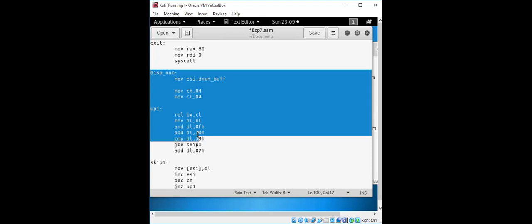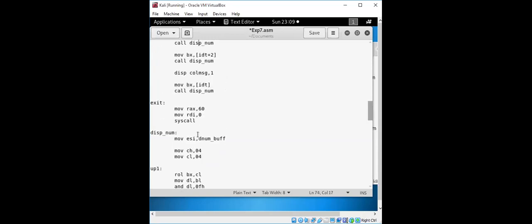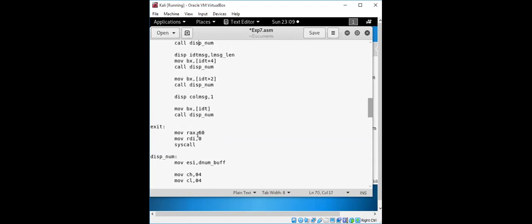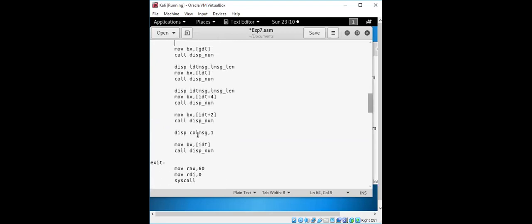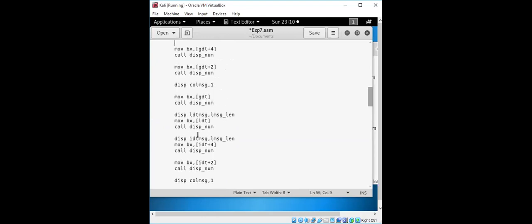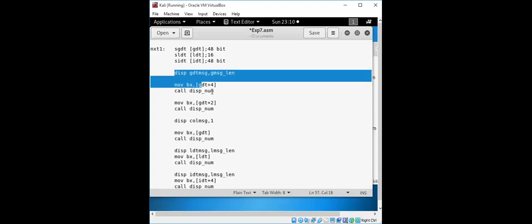Okay, so what we have is in the IDT. Make some different thing. Correct. So this will be for the first content of your GDT, display with the message, display the content.